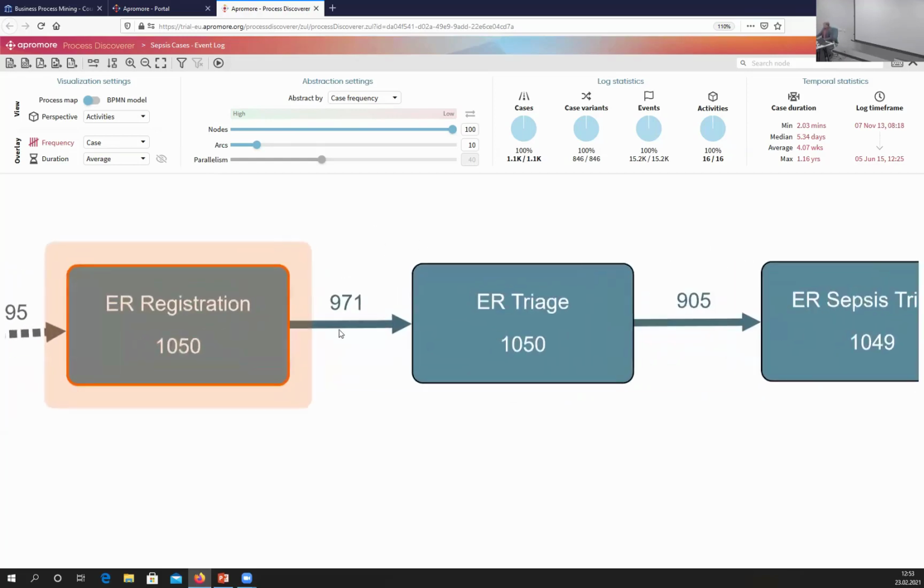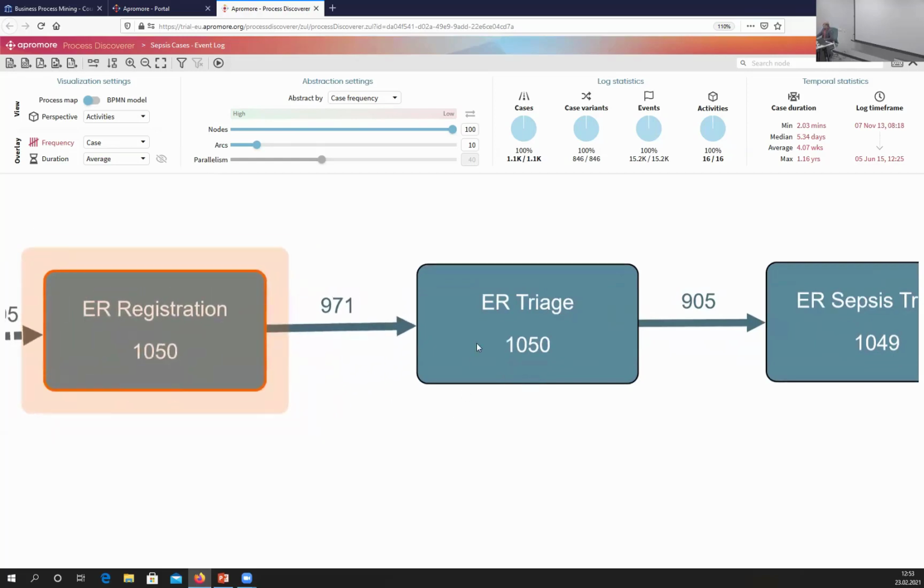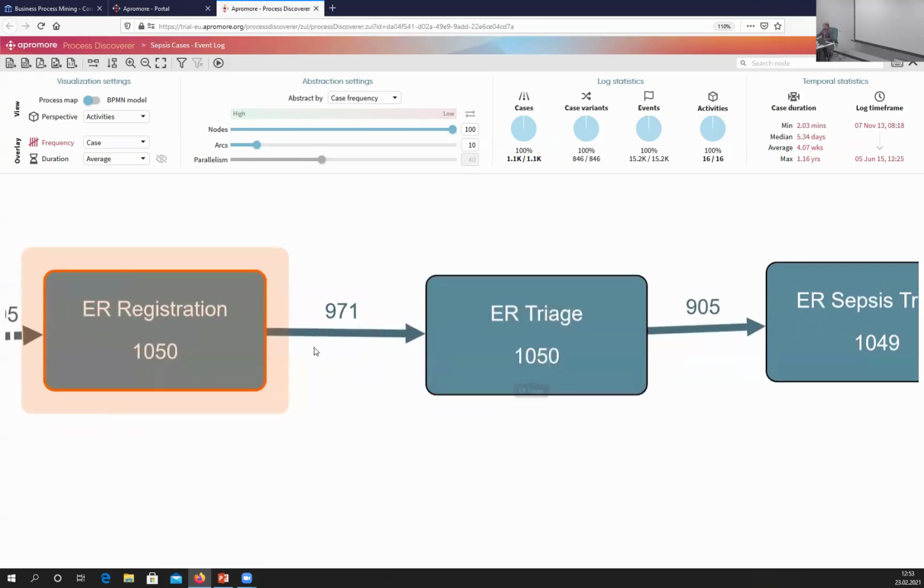Similarly, the edges denote the number of cases where emergency room registration was immediately followed by emergency room triage. This sequence of activities happened in 971 cases out of 1,050. And now you will ask me, so Marlon, what happened to the other 79 cases? Where did they go? This process map is not